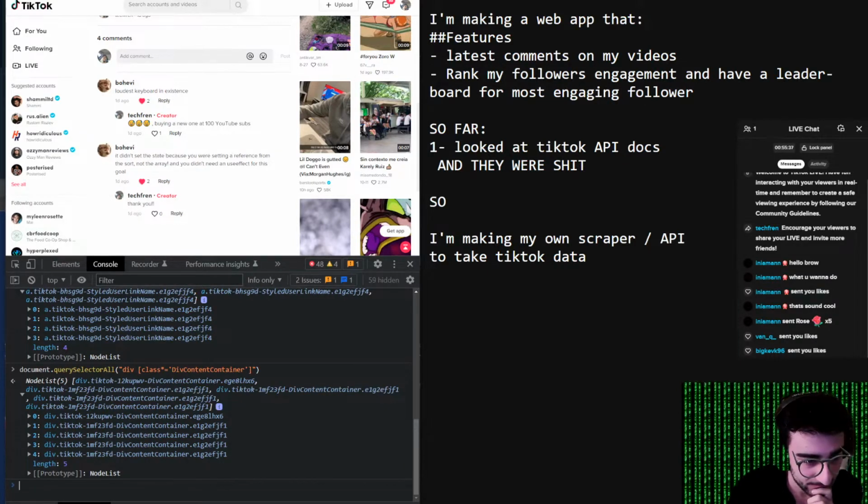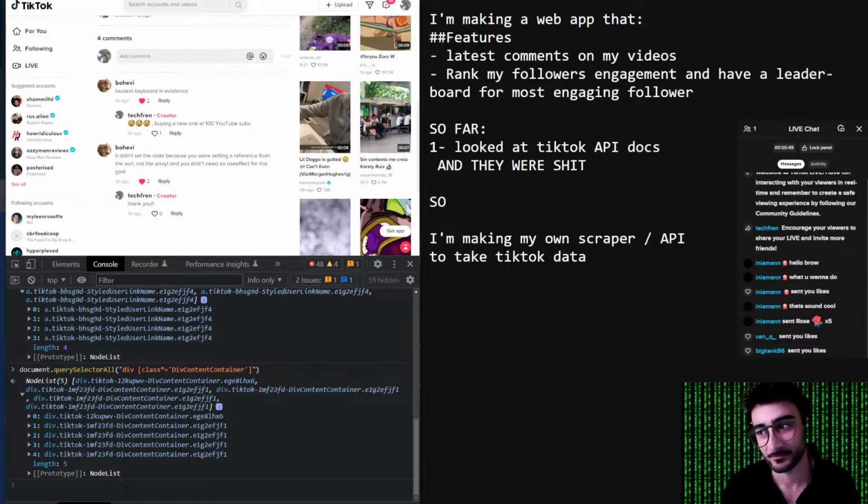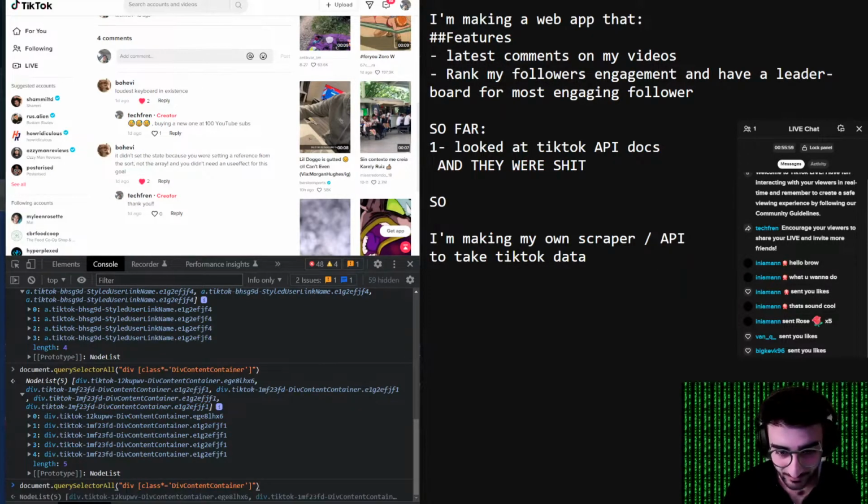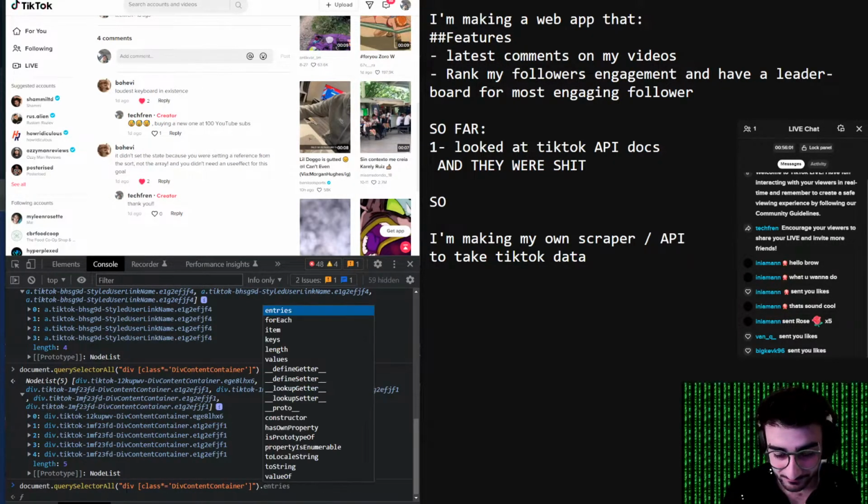Preact. Faster 3 kilobyte alternative to React with the same modern API. Wow. Okay. I might have to look into that. If it's backwards compatible and stuff, like you can just use React in Preact, is it just a different compiler, or like I don't know how this works. Anyway, I'm